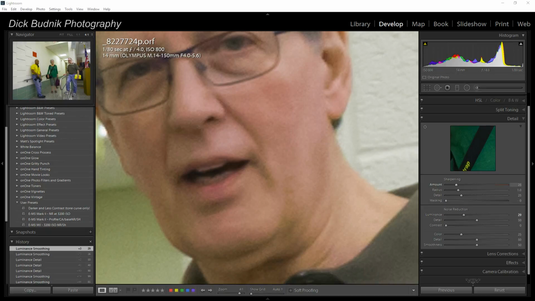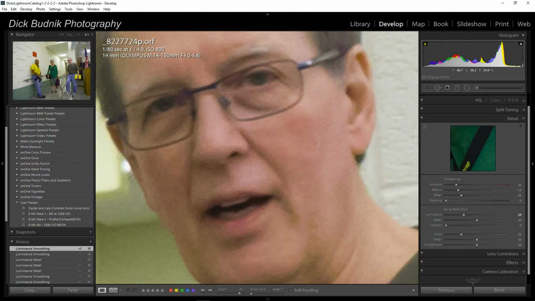Now, the question here is, we got rid of the noise, but how much damage did we do to the sharp areas in the picture, like his glasses? If I go up and turn on, there's a little preview button up here. It used to be called preview in Photoshop, but now if you click on that, it's like an on-off switch. So it's on. The effect is applied at the moment. Okay, I'm turning it off, so that's where we started. You see it brought back the red noise, the color noise, and it brought back all of the